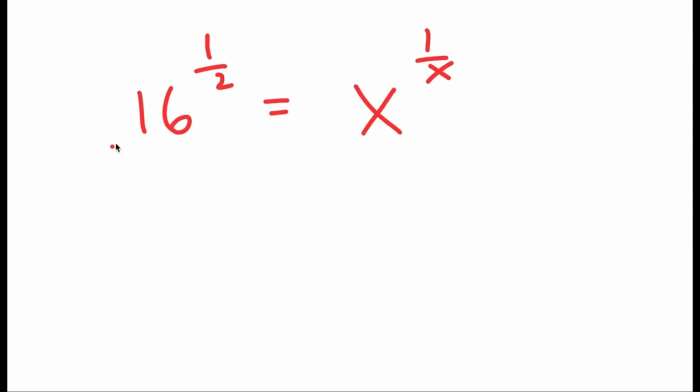Now, my goal is to turn the left side to be in the form some number to the power of 1 over that number, so we can make that number our solution. Well, right now, this means that 16 and 2 have to turn into the same number. So we need to rearrange this so that 16 and 2 are the same number. So to do that,